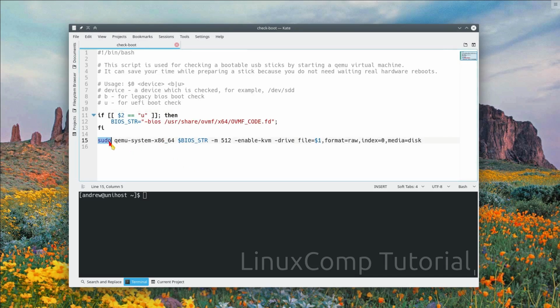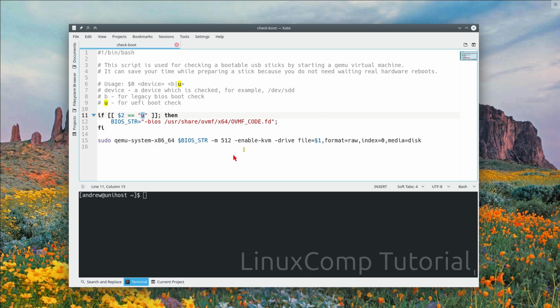It runs with root privileges because it needs access to the device that you pass to this script, and then it uses the appropriate BIOS. If you omit this variable, then it will use legacy boot. But if you use the U option for this script, then it will pass to UEFI firmware.